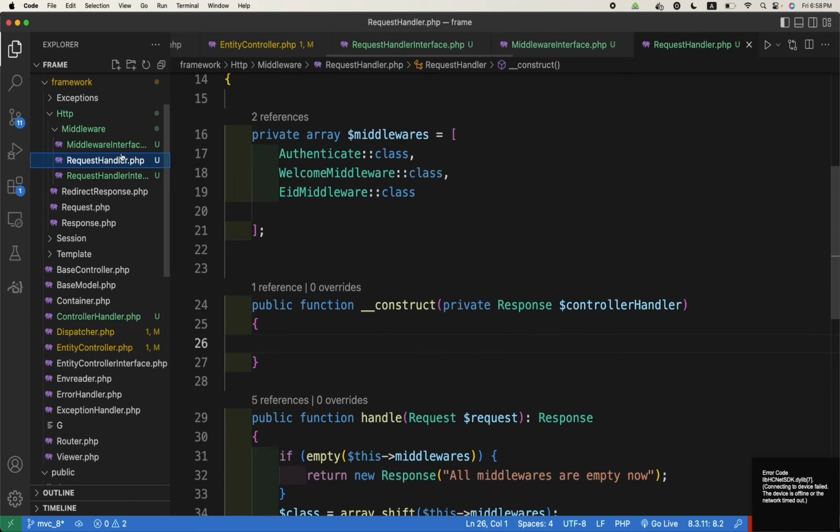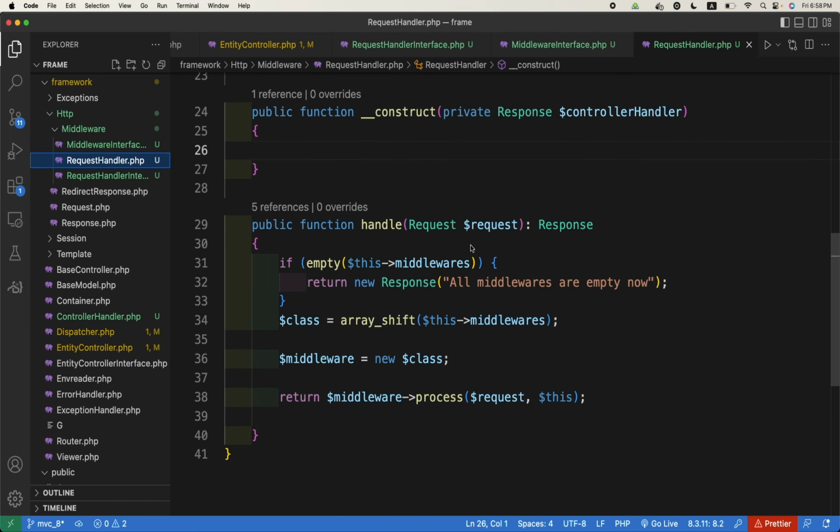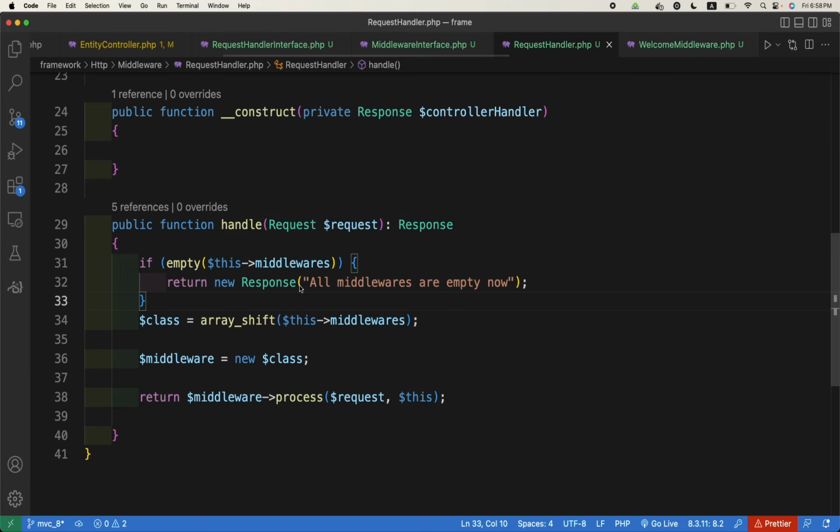Now inside the request handler, what logic can we use? If the middleware is empty, so what should we do? We can use the controller response. So we can directly return the controller handler, and this is actually the response. Okay. Yes. So if it becomes empty,